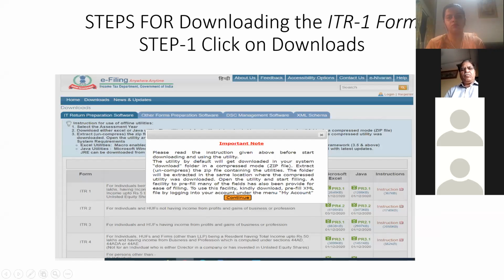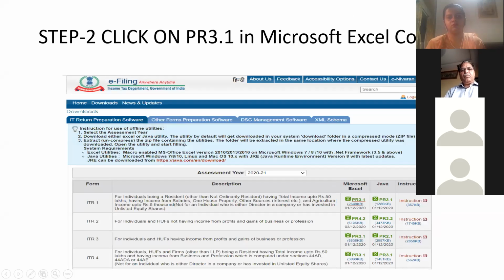Now, this screen here, you will have the options. Yeah, this will be clear. So you will have the options over here. You can see it is self-explanatory. It also, to some extent, describes who can fill ITR 1 and ITR 2, what are the requirements accordingly. If you want to know everything in much detail, then you can also read these instructions, which is in a PDF file over here. Instructions, a PDF file is there, which gives you the instruction about who can fill which kind of form. So here we are talking about the ITR 1.